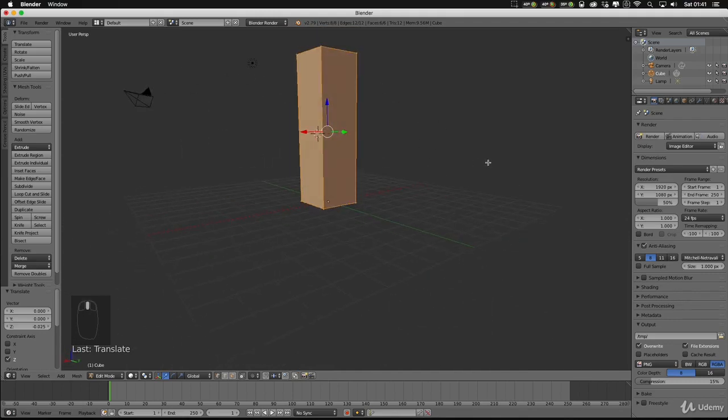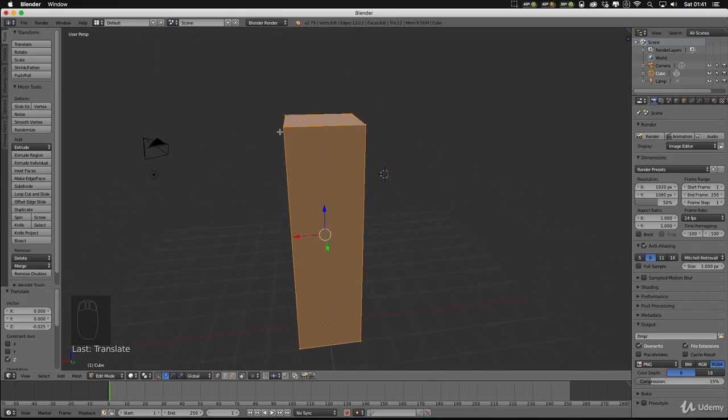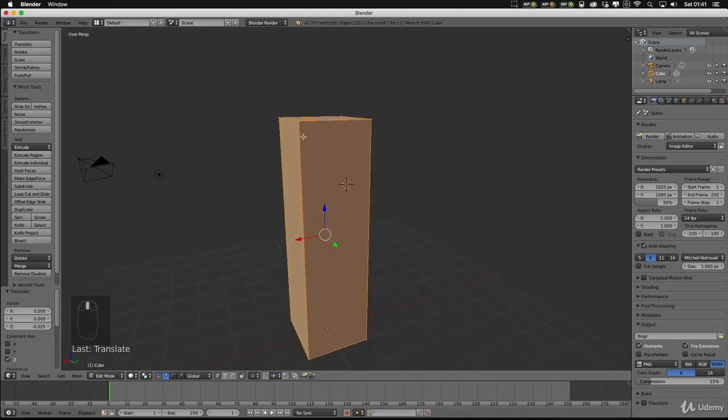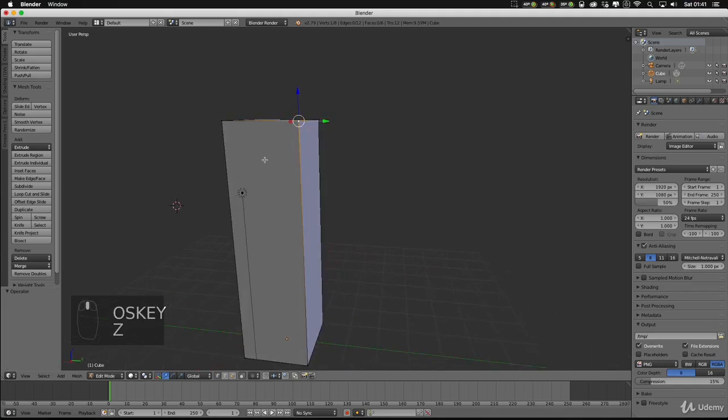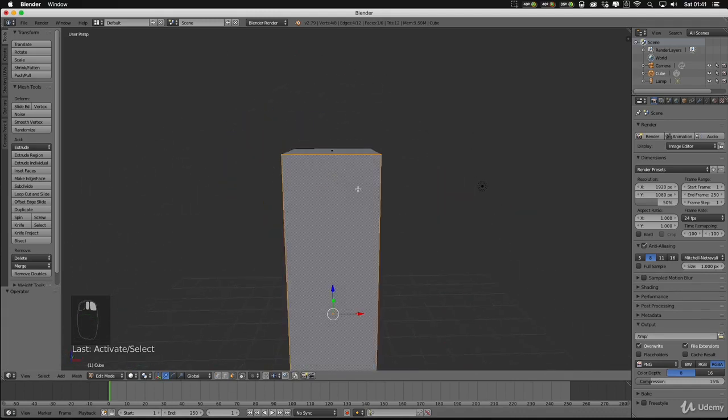So now we've got a nice little tower going on, and what I want to do is make a sort of lip edge around this top section here to create a protruding roof. So how am I going to do that? Because at the moment all I can do is move these around, and I can't actually manipulate anything apart from these individual faces.